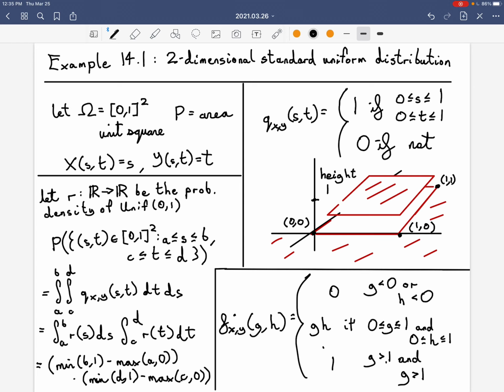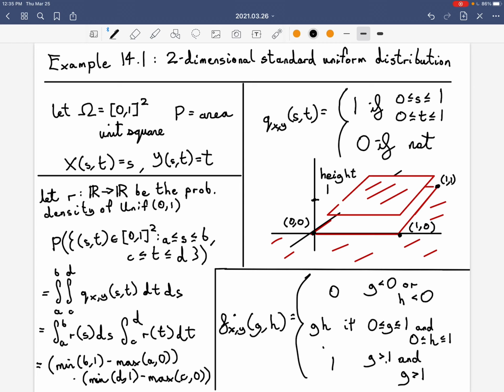So the two-dimensional uniform distribution can be thought of as a certain kind of coupling between a pair of one-dimensional uniform distributions. And you can see that I have this calculation on the lower left where I say, okay, what's the